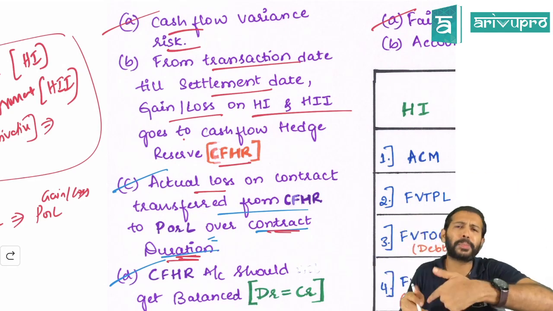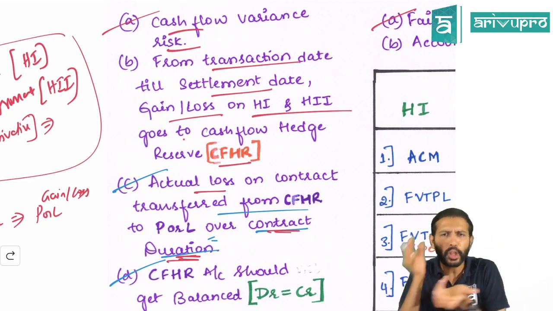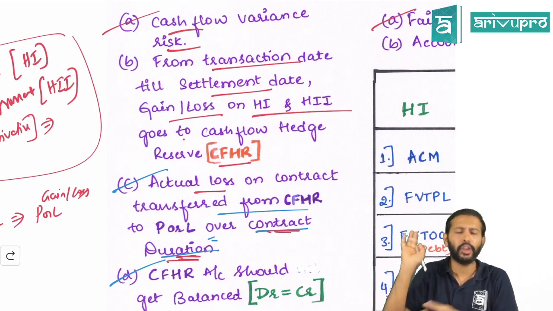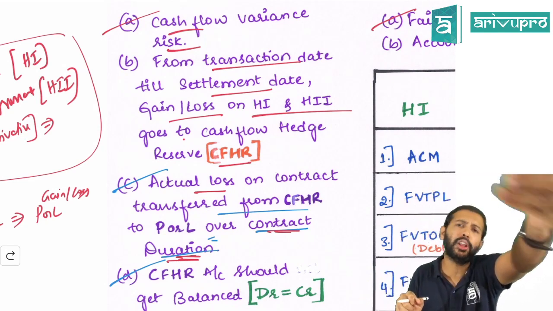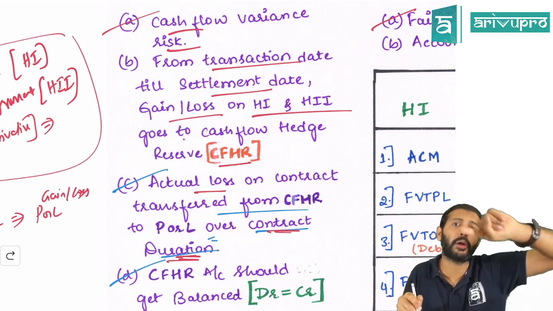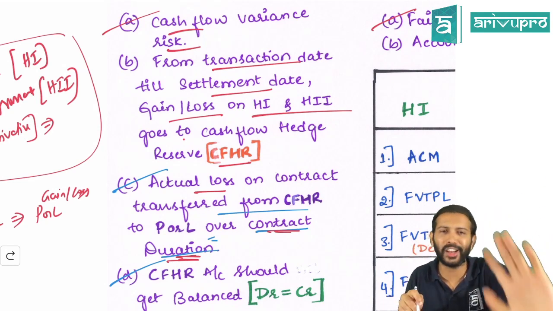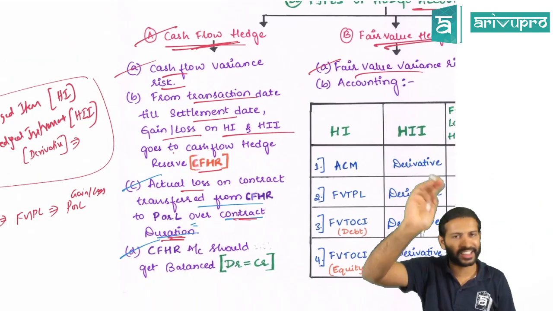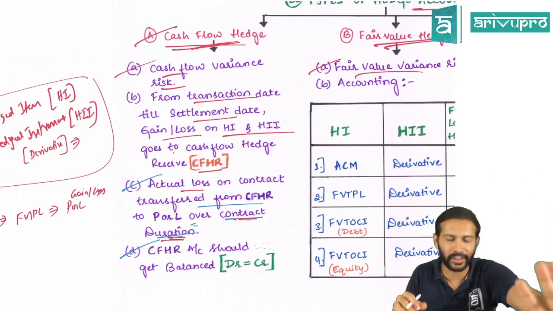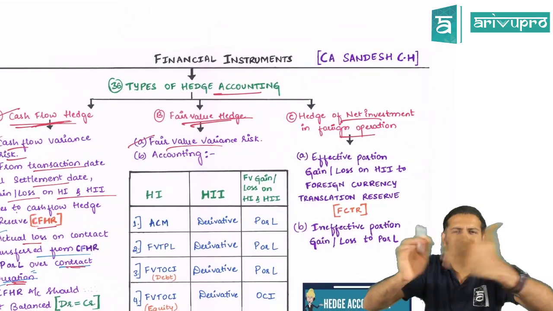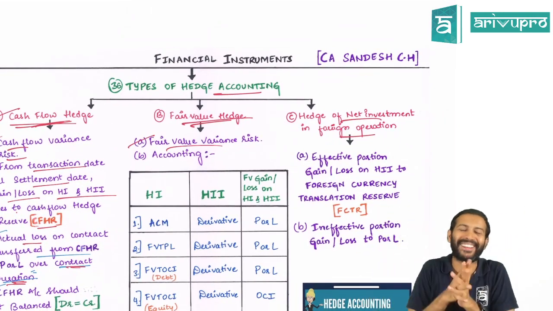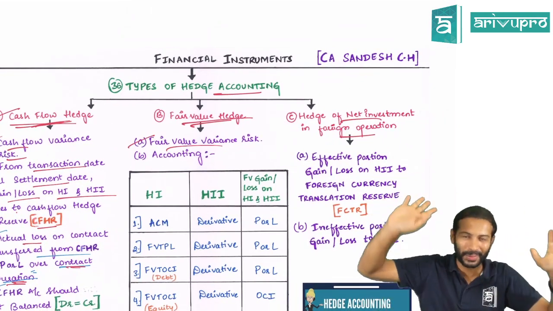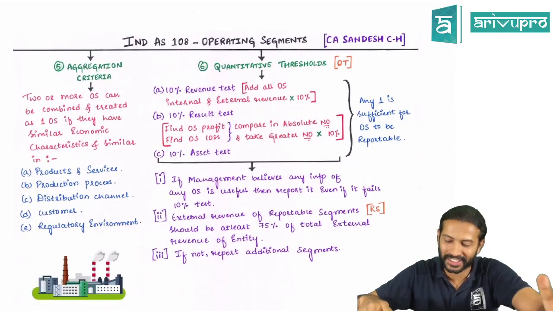But in this particular problem, it's a sale activity, so income is getting booked only at the end. So cash flow hedge reserve also will go to P&L only at the end. That is the difference between the problem we had done in class and this particular question. Anyway, that one I just took from a foreign book, and I've explained the fundas. So that is fine. Just to differentiate, because I don't want you to come back and ask me a question. I just wanted to clarify with respect to that.